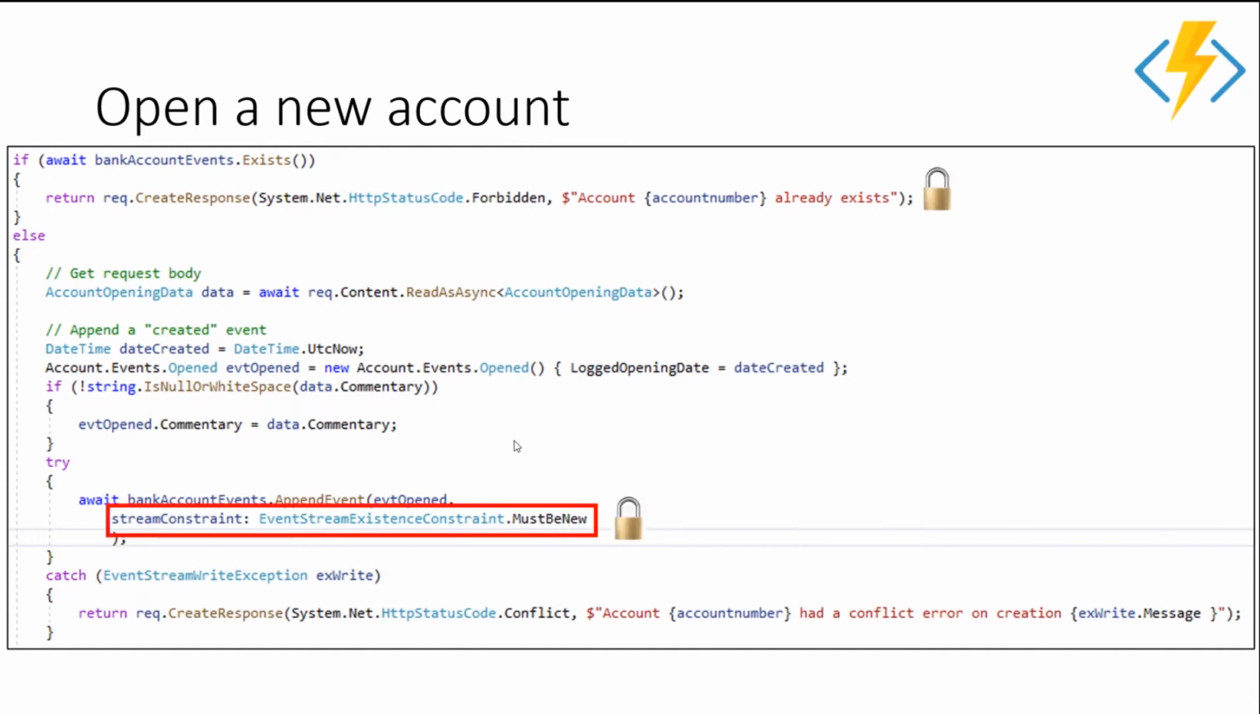Now we have two constraints here. The first one is basically saying, does the account number already exist? But this is outside of the transaction level. If we know for a fact that the account number exists as we start the operation, we might as well throw an error. There's no point continuing. However, the second one is, because we could have got past there in two different threads,